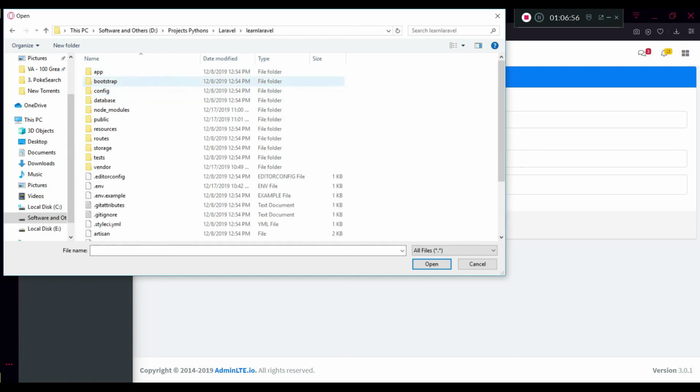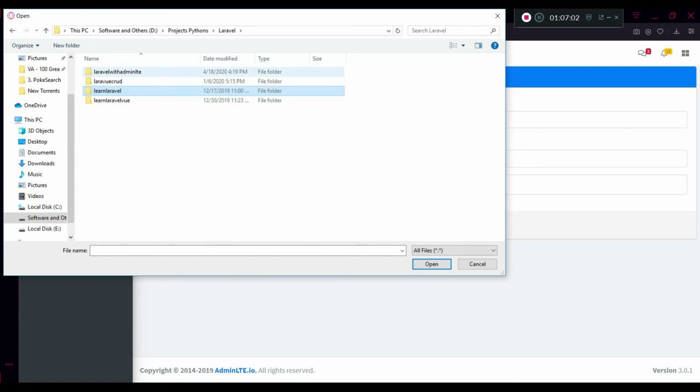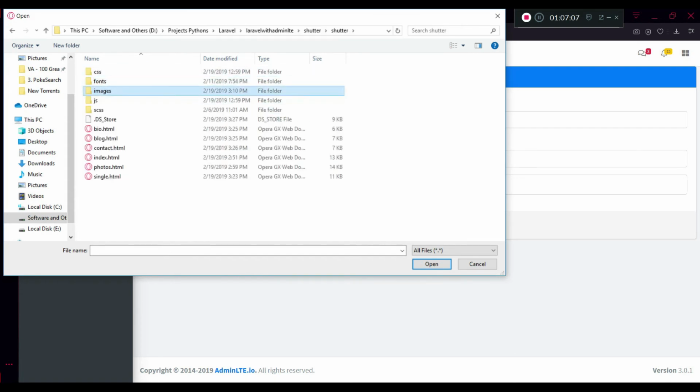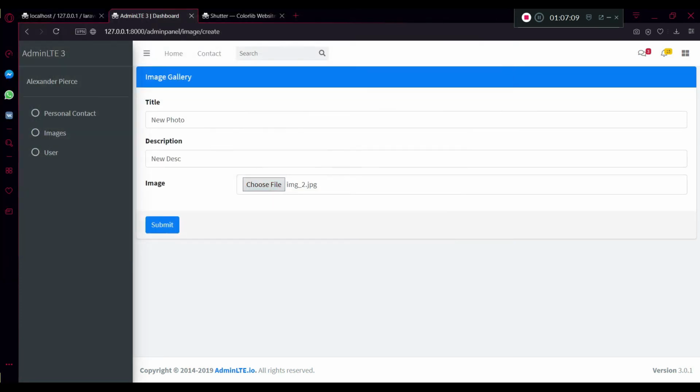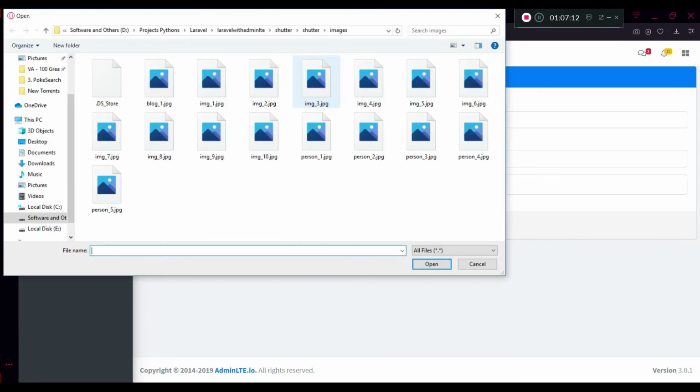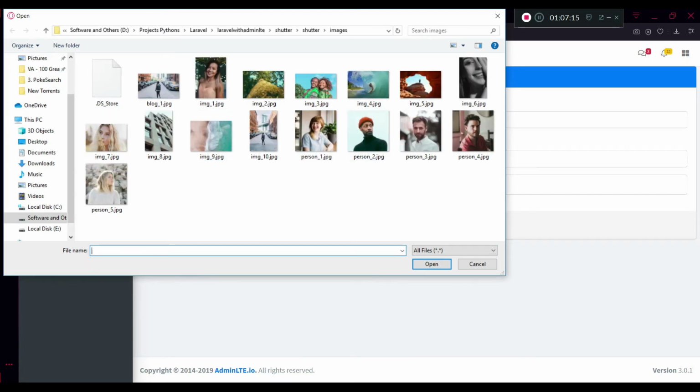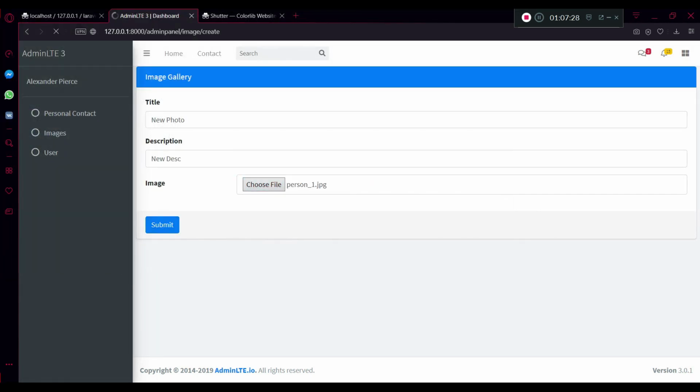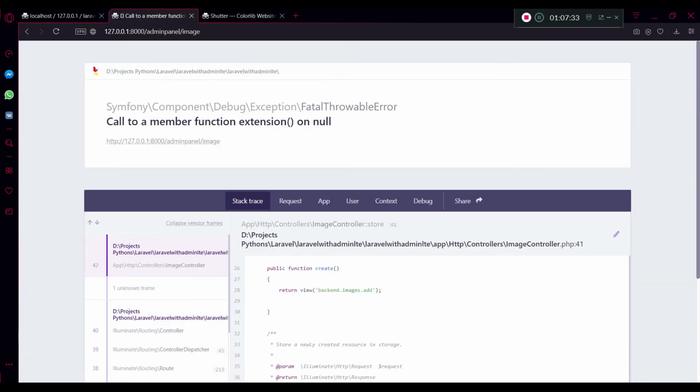Okay, so learn Laravel. Oh, let's use the AdminLTE. So let's use this image. Okay, oh sorry, let's use this one, same kind of. So person 1, I'm using this person 1, right? So I'm using this person 1, let's see. Okay, done. Come on, oh my god,